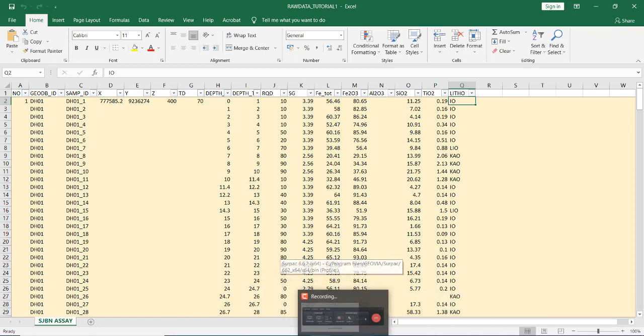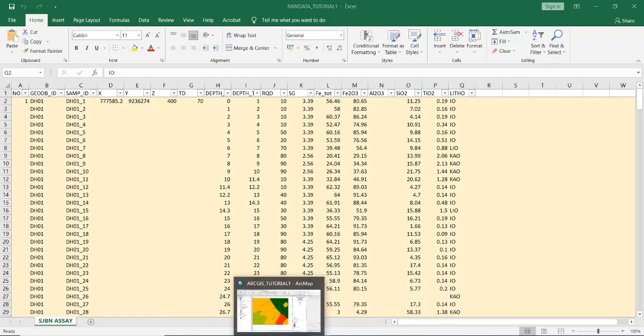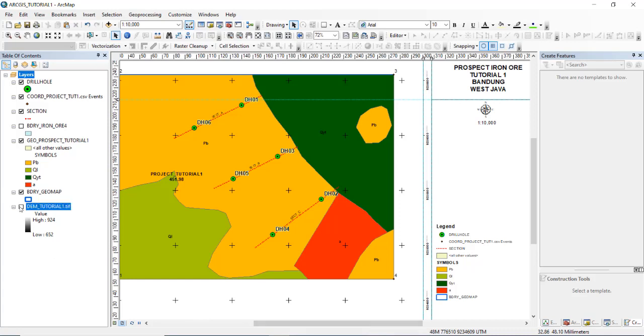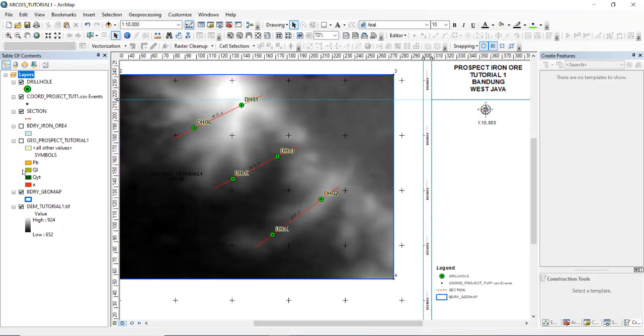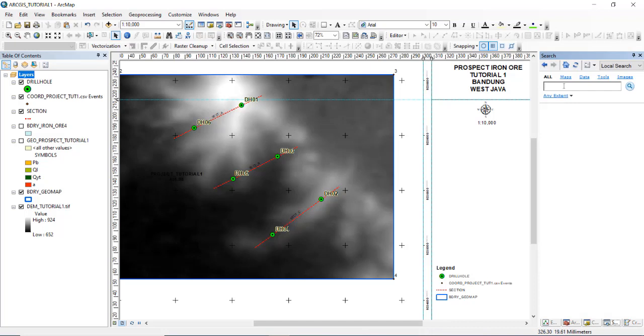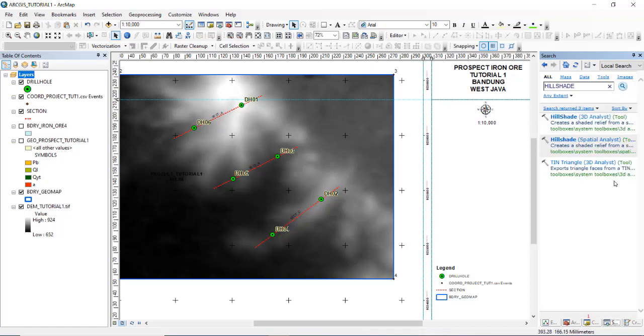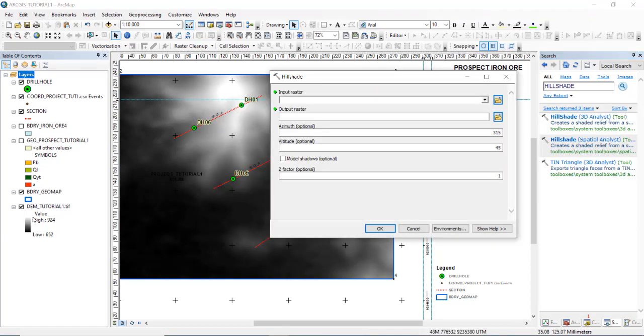We need to use a topographical tool. We have DEM data here. We try to model the hillside. Search hillside. Okay, hillside, spatial analysis. Select, and then input raster.